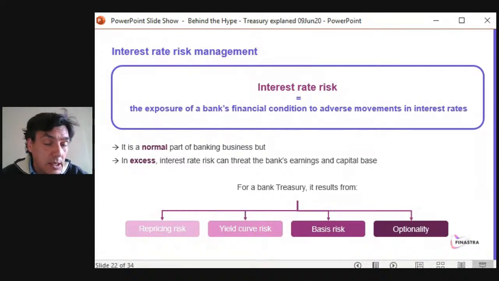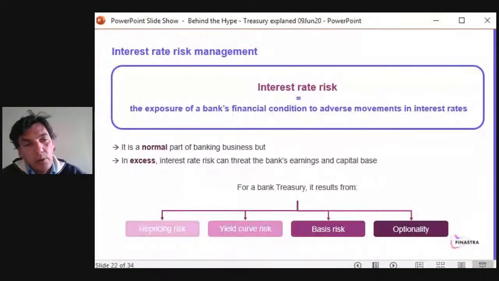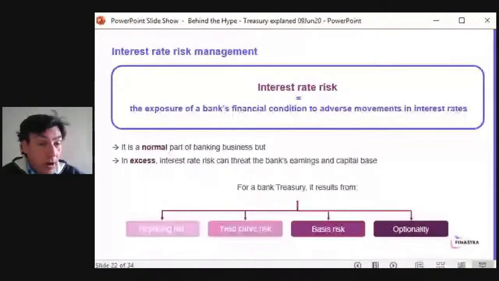And the last one is optionality. Imagine again, you are a treasurer, you have suggested some pricing to your network of branches for the mortgage, and you have included some optionality, so a repayment. Repayment is an optionality. So it may change over time with repayments. If rates are going up, people may repay earlier than you think, and it will change the shape of your balance sheet. It will change the shape of your liquidity profile. It will change the shape of your profitability.